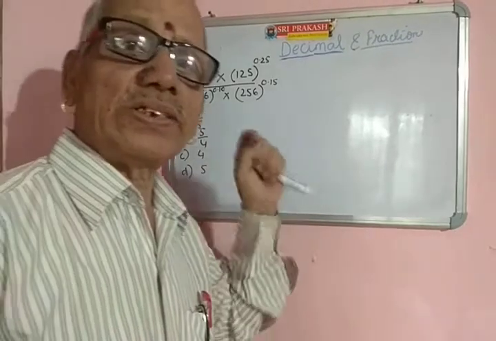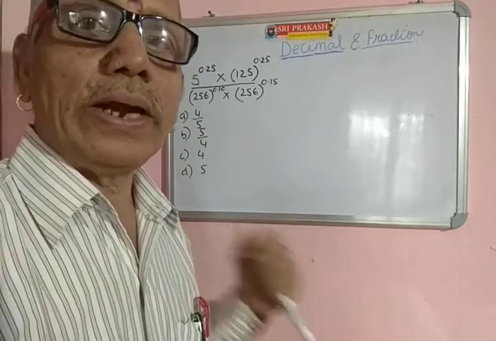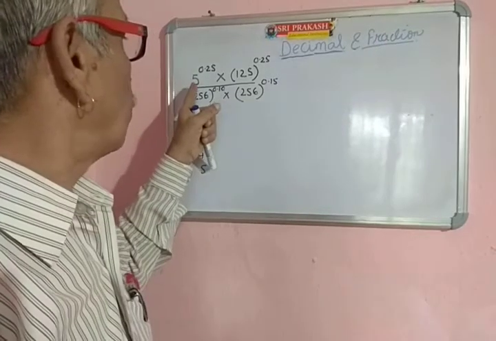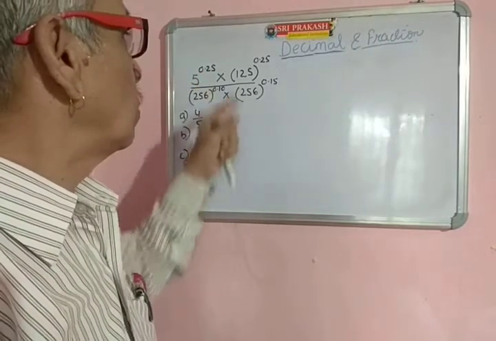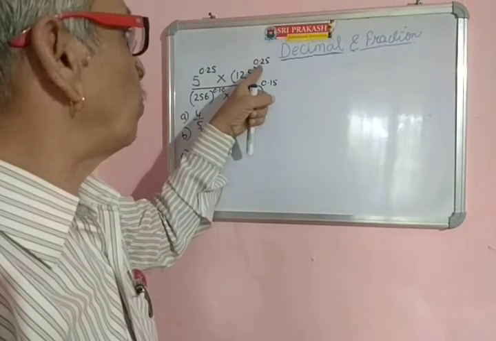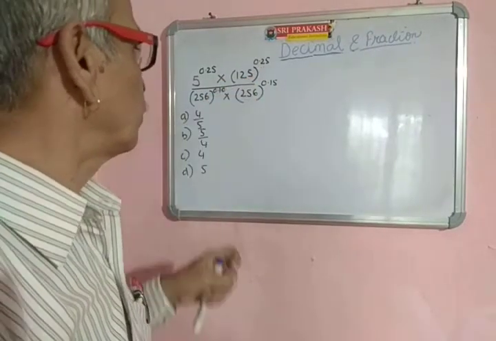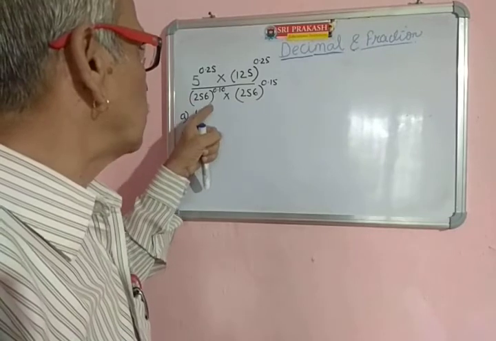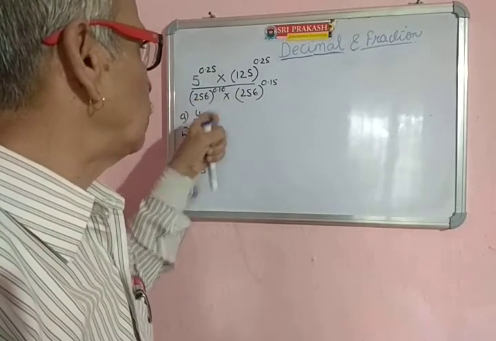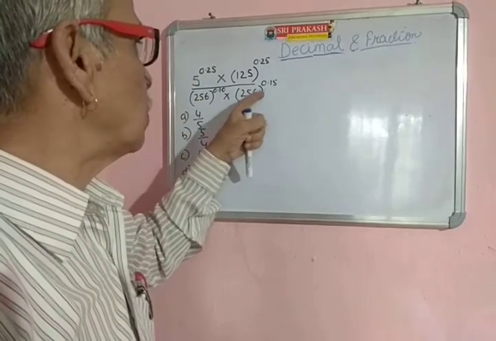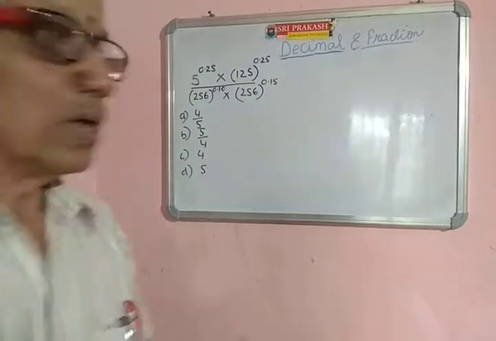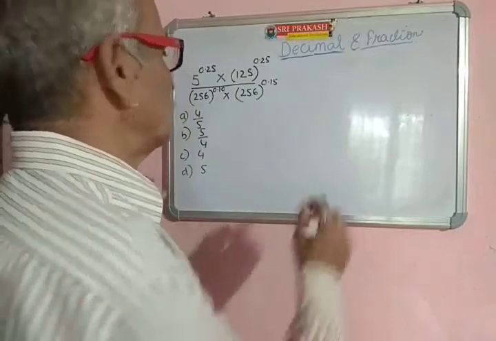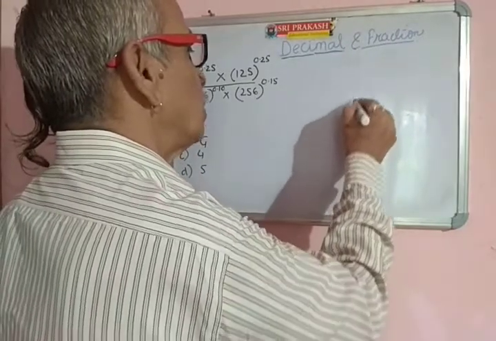So this is your second problem. Let me read the problem. 5 to the power of 0.25 into 125 to the power of 0.25 by 256 to the power of 0.1 into 256 to the power of 0.15. So here, let me tell you one thing. In this one, 5 to the power of